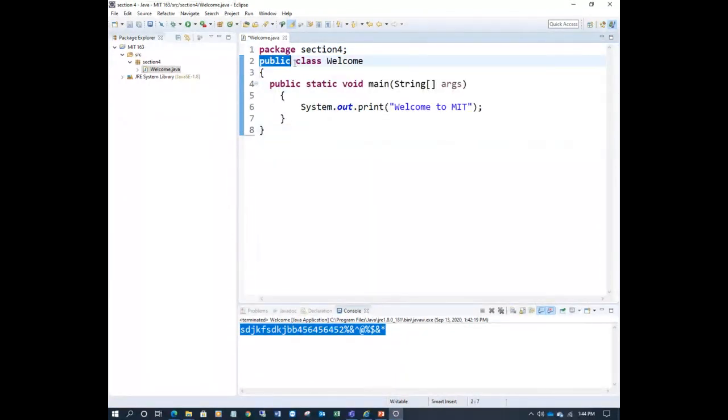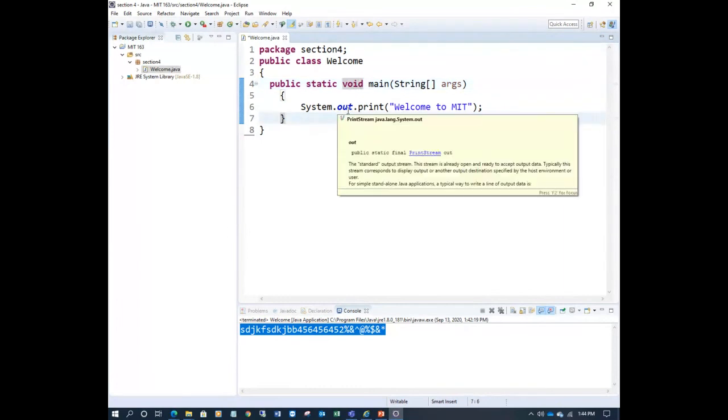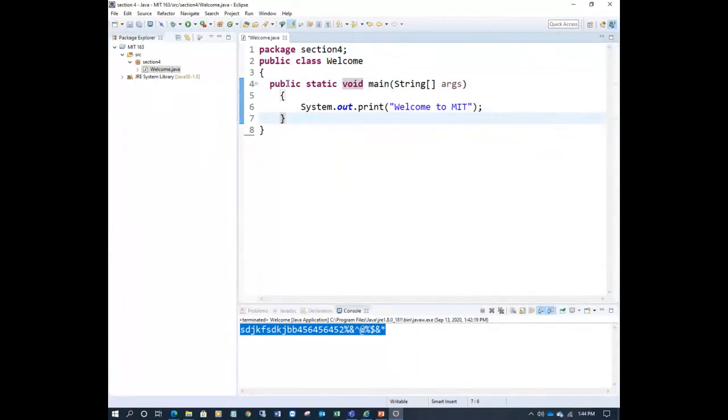The next we have public. The public keyword is a keyword. See all of these: package, public, class, public, all in brown color. Can you see it's brown color, right? So they are called keywords. They are reserved words, we'll see it in chapter 3. They are keywords and cannot be used for other purposes.